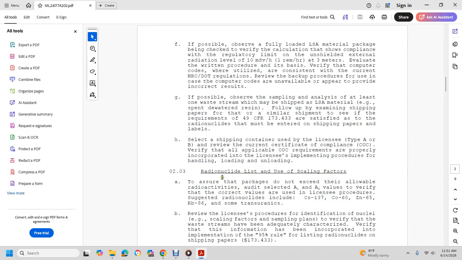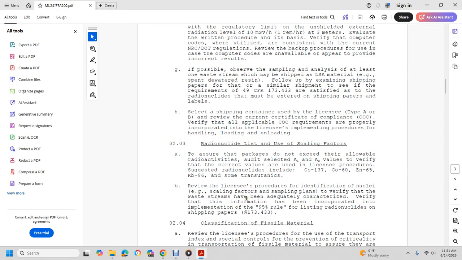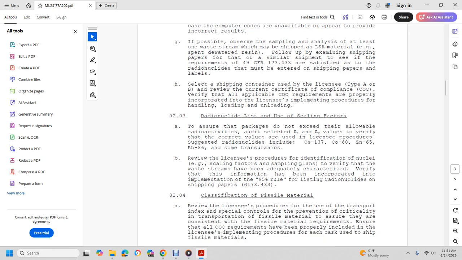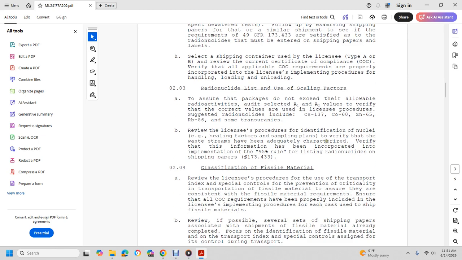Radionuclide list using scaling factors ensures that the package does not exceed limits, but they are liable to radioactivity audited, selected A1 and A2 values verified with the correct values. The license procedure suggested radionuclides include CS-137, cobalt 60, zinc 65, RBS 86, or transuranics. Review license procedure with the justification for nuclides with a scaling factor; the sampling plan is verified with the